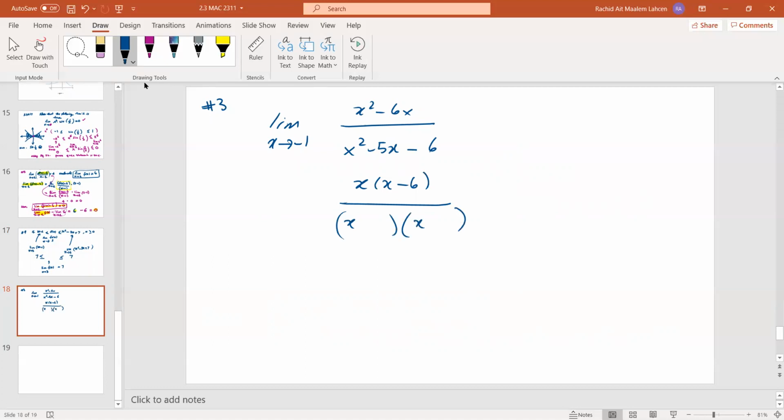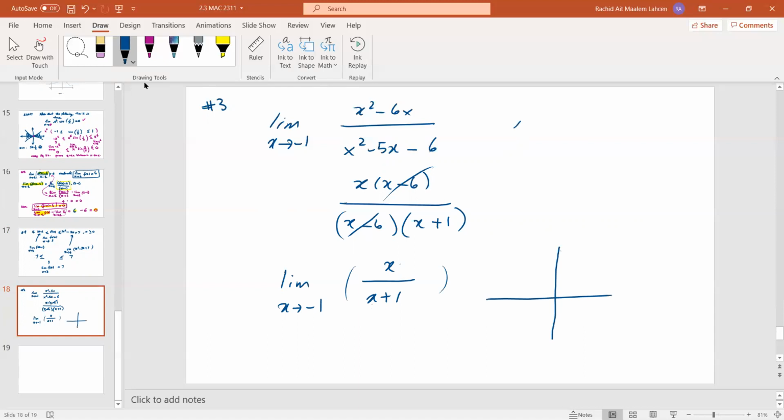Two numbers multiply to -6 and add to -5, so -6 and plus 1. This simplifies. So x over x plus 1, the limit as x approaches -1. You see, this is the simplest form. You can graph this one. If you're not sure, I think you should graph it. This is a rational expression or a function, the numerator and the denominator. So please review rational functions,